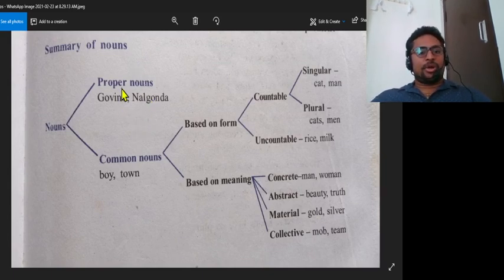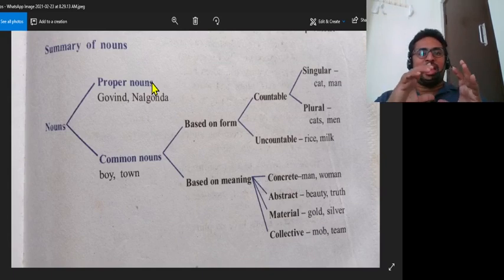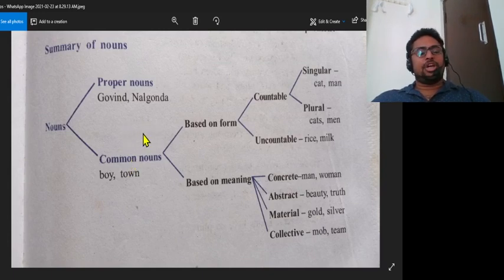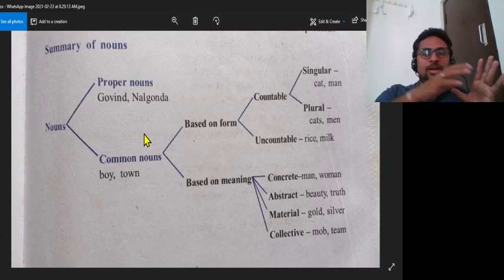We know what is proper noun. Proper noun denotes particular persons' names, places' names, and things' names. Common noun denotes a common kind of a group of persons or things, describing them collectively. Boy, town, girl, father, poet, teacher, these all come under the common noun. Krishna Prasad is our English teacher. Krishna Prasad is a proper noun, and teacher is a common noun.